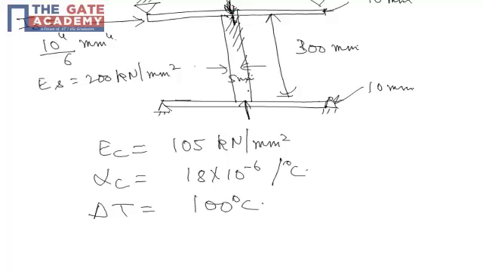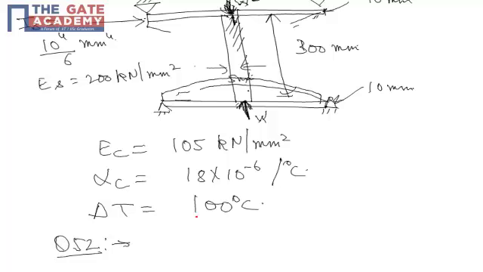these two steel plates will be exerting reactions as shown by the arrow marks, or a concentrated load of W is acting at the center of these two steel plates, and this W will cause some central deflection of these two steel plates. So like this. Our first task is to find the value of W, which will in turn be a compressive force in this copper member. So in question number 52, it is asked: what is the value of the compressive force C in the copper member?